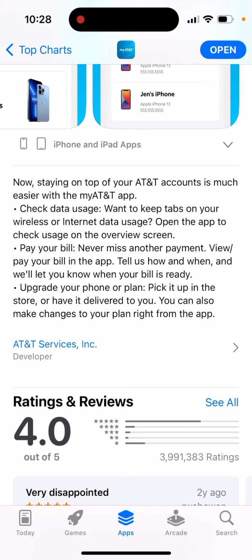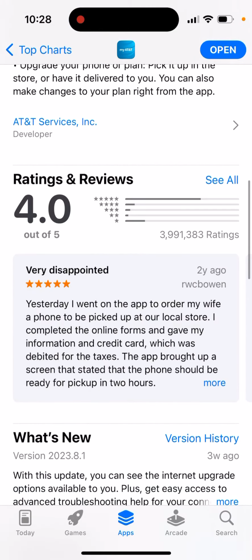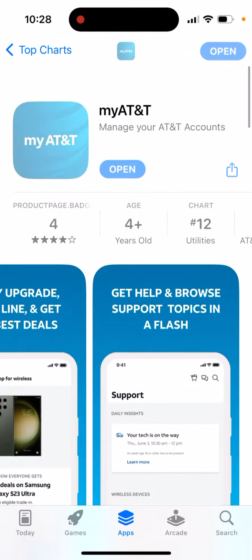Check data usage. Want to keep tabs on your wireless or internet data usage? Open the app to check usage on the overview screen. You can pay your bills. Never miss another payment. You pay your bill in the app, upgrade your phone or plan. You can see this app has almost 4 million ratings, and then yeah, you can just open it up